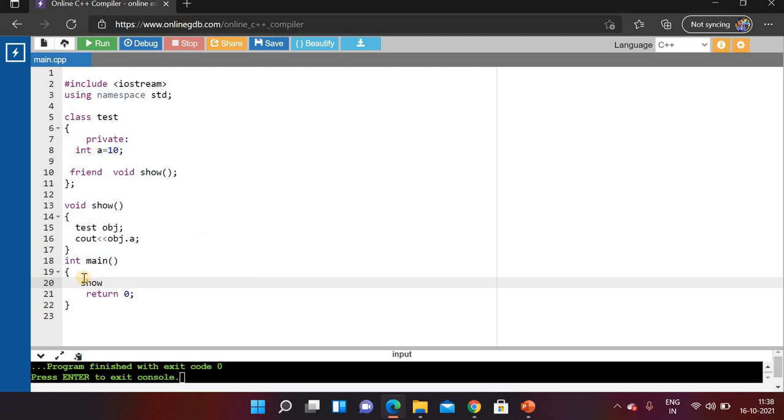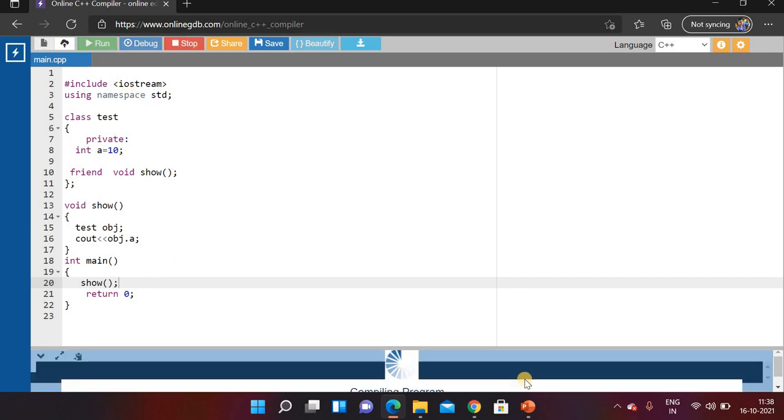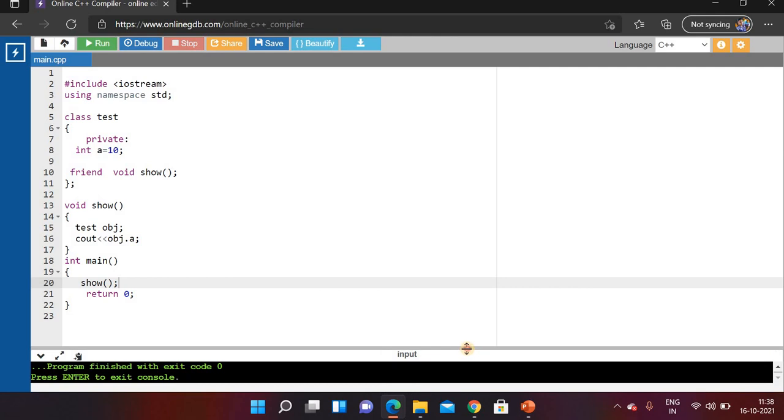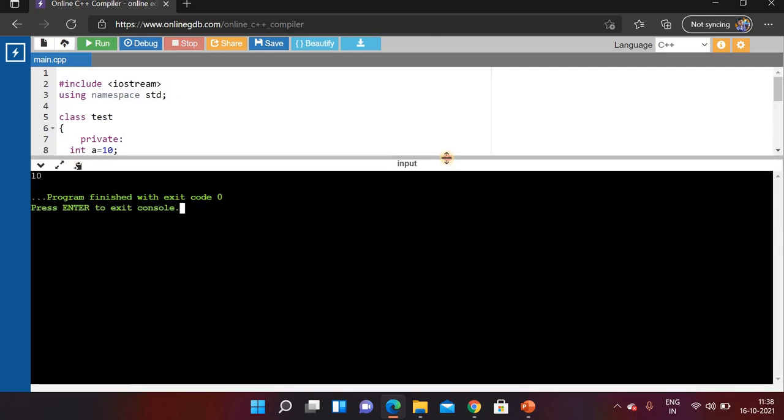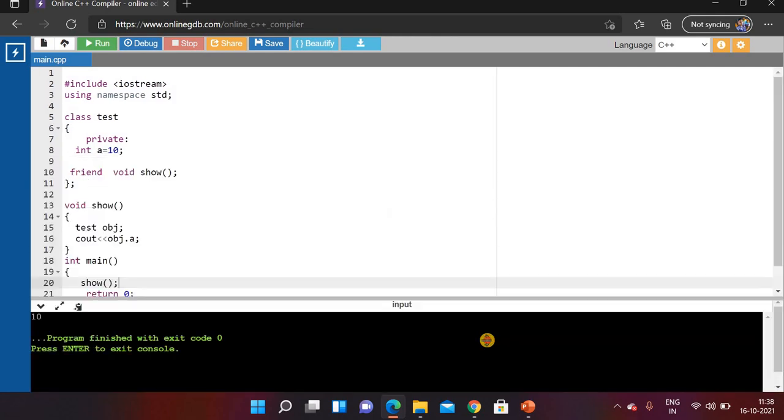This line will call the show function, and in the show function we are creating an object of the test class. Show is a friend of the test class, so it will access the private member a of the test class and print the value of a. Here you can see we have got 10 as output.